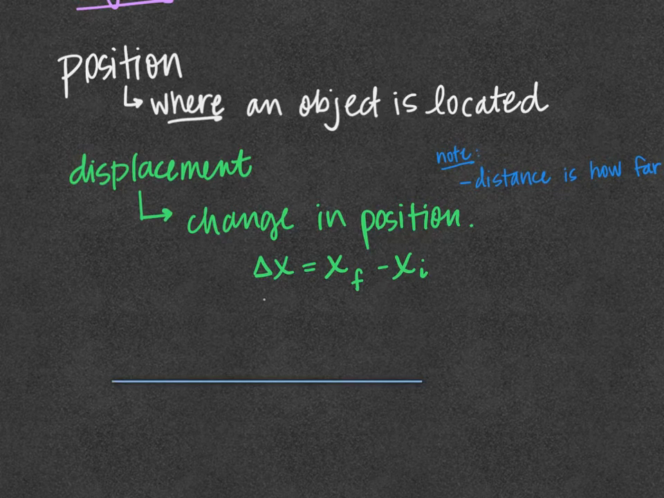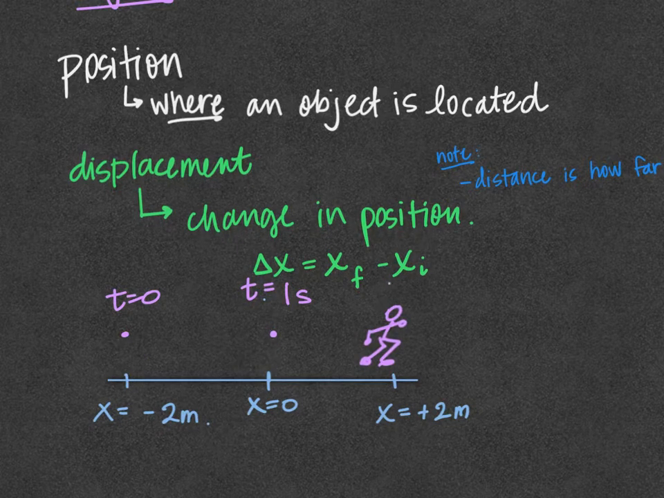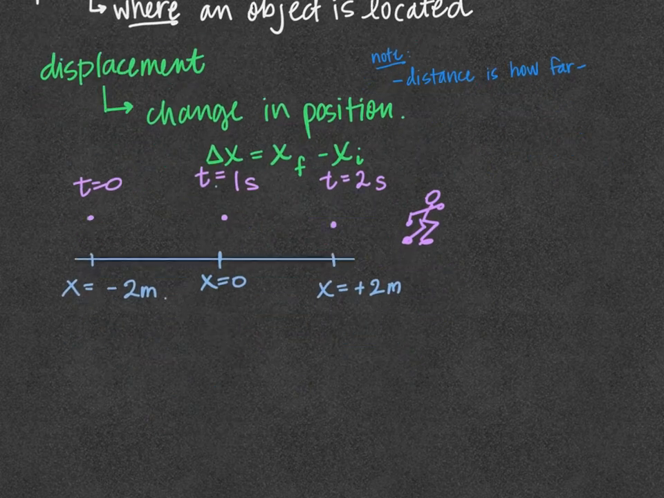Now let's look at a position line. We'll say x is 0 here. And over here, this is where x is equal to positive 2. And this is where x is equal to negative 2. And let's say we have a person that starts at negative 2 meters, and that time is 0. And then the person moves to x equals 0 at 1 second, and x is equal to 2 meters at